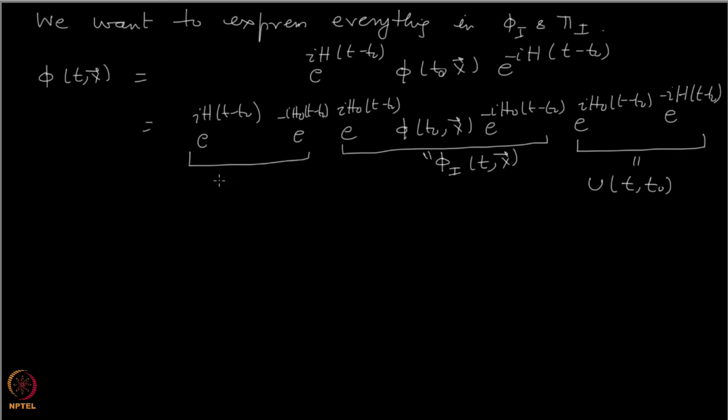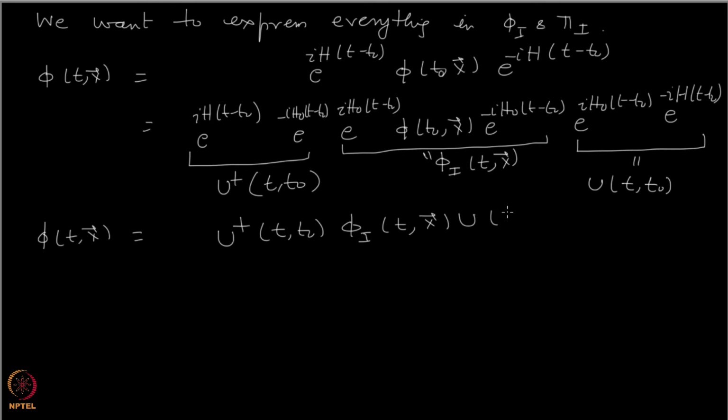Okay, so this is U dagger(t, t0), and as you can see, U is unitary. That's why I'm using the symbol U, because if you were to multiply this factor with that factor, you'll get 1. Okay, so what I have achieved is that I can write phi_t(x) as U dagger, which is not appearing to be something very spectacular, because we wanted to express phi's in terms of phi_I